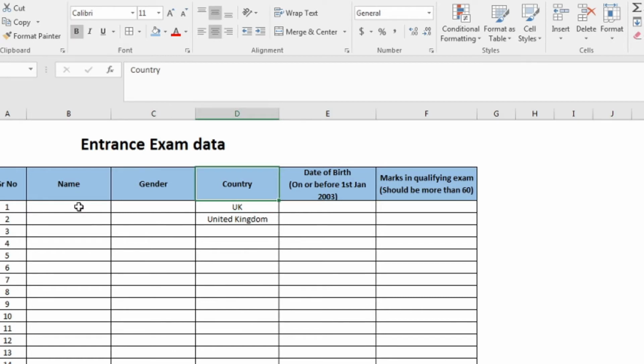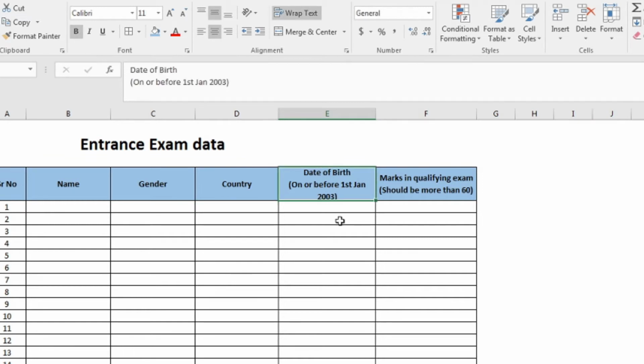So whenever we go ahead and analyze the data, if we put the filter, we will see there are two data points for this, and it becomes very difficult for us to analyze the data. That is the reason we would like to create a drop down over here. They will be selecting data from this particular drop down, the list that we are going to create.